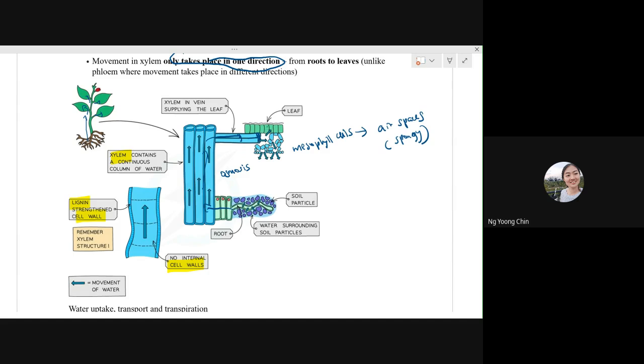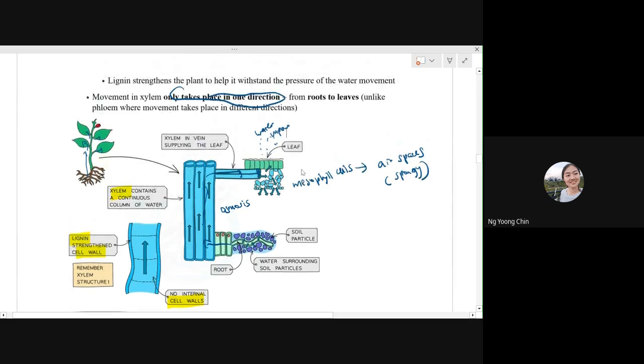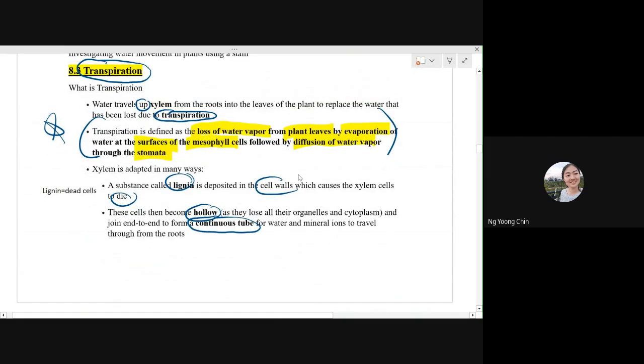So this is the story. Once the water is released, it will be in the form of water vapor, because this process is called evaporation. Evaporation means that the water is being converted into water vapor in the gaseous state, because water vapor is a gas. So you can see the loss of water vapor from the plant leaf by evaporation,